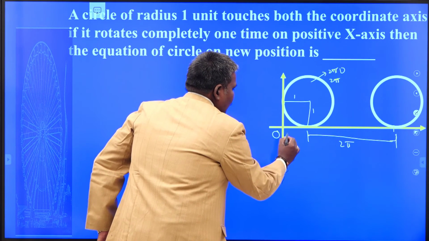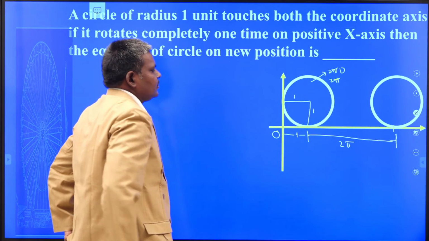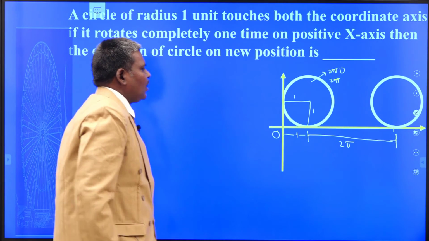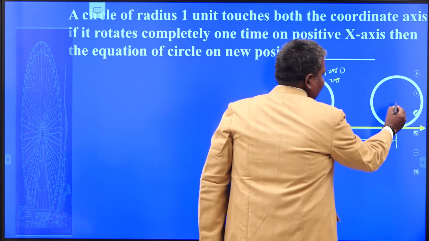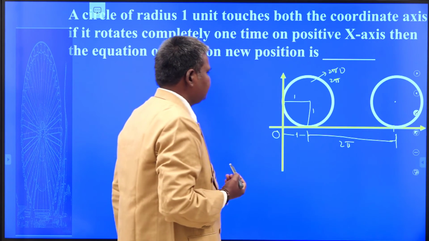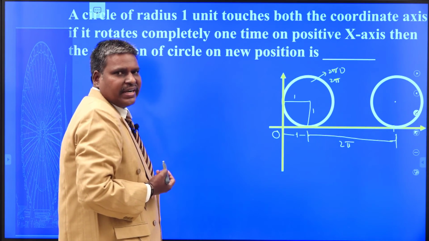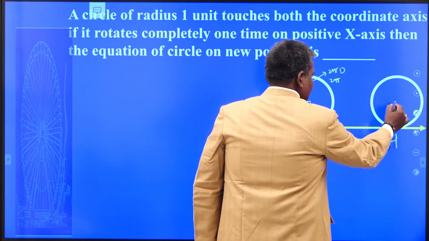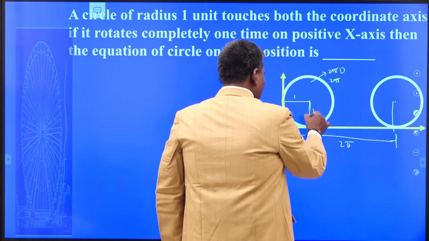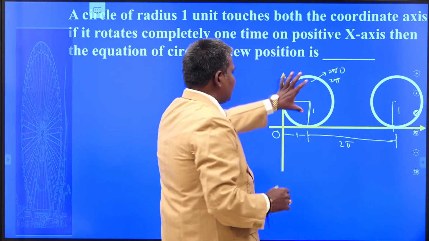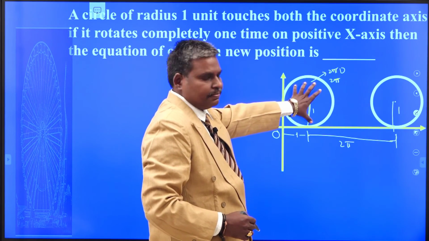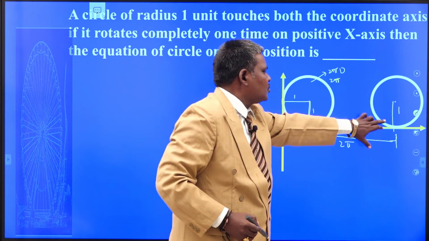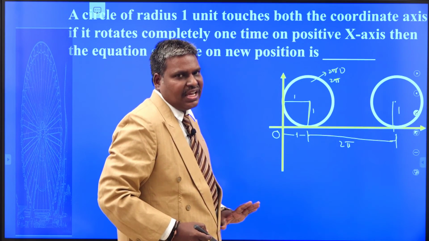Now this is the origin. What is the distance from here to here? 1 unit. Okay. Now tell me, can you guess the coordinates of the final center? Can you guess the coordinates of the center of the required circle? Yes, we can easily write it. What is the height here? It is 1 unit. There is no change in the width of the circle, so as it moves from here to here, there is no change in the radius. So the height, that is the radius, is 1 and doesn't change.